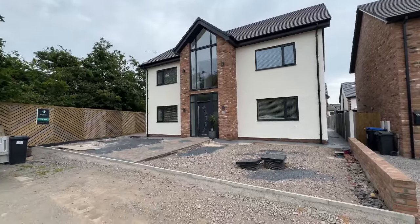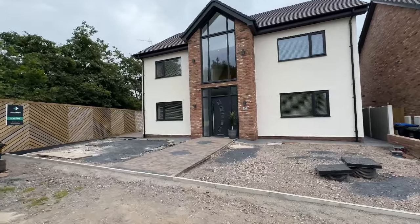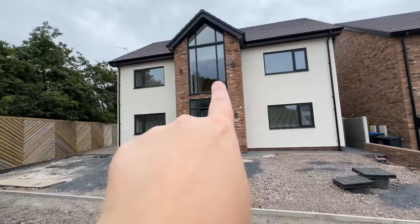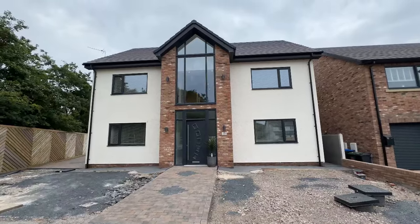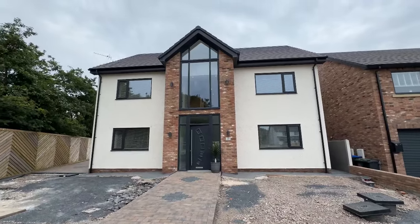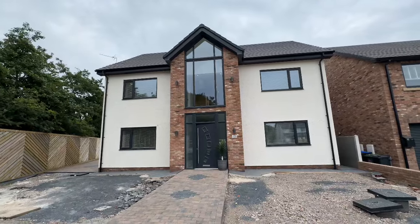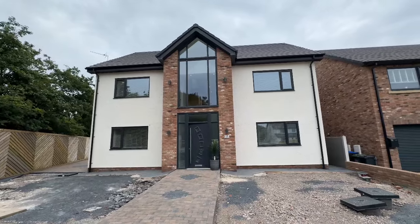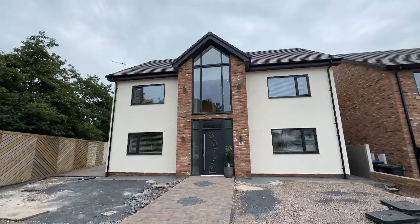You can see we've got a beautiful home here. We've got light-filled spaces both on the ground floor, the first floor through this window here, and up onto the second floor as well. We've got 6 bedrooms in total. 3 of those have en suites, a number of them have got dressing areas, and we've got some fantastic living space. We've got 3 reception rooms and an amazing dining kitchen living area to the rear which spans the full